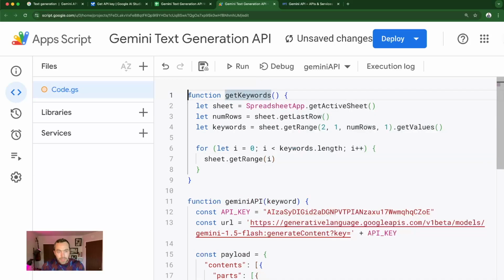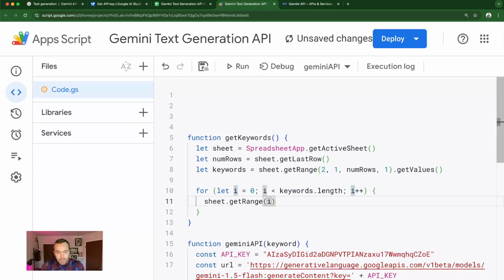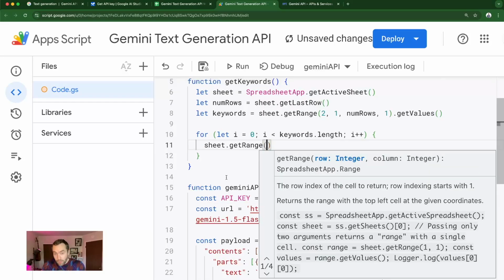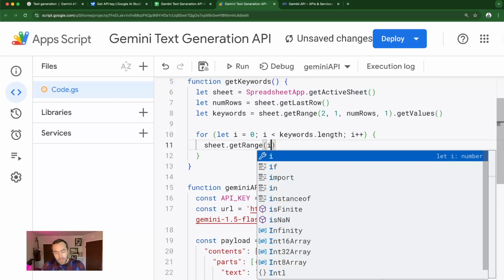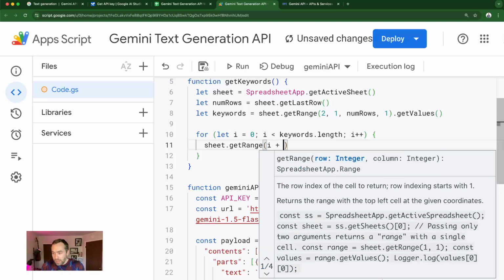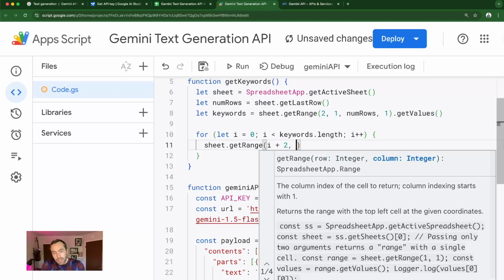Let me just move this down so you can see it, which calls for row, which is we're going to get the ith row, and we're going to add 2, because we don't want the first row, and we set it at 0. We probably should have just set it at 1 and added 1, but just for the sake of time,